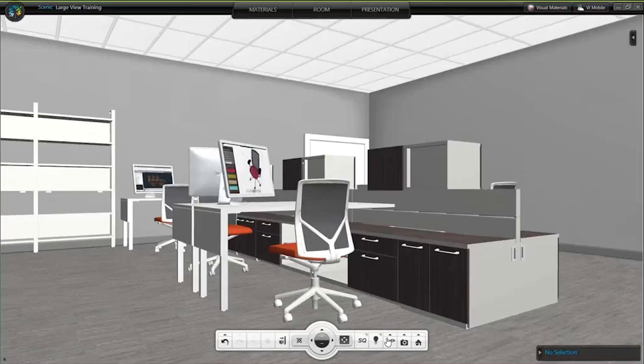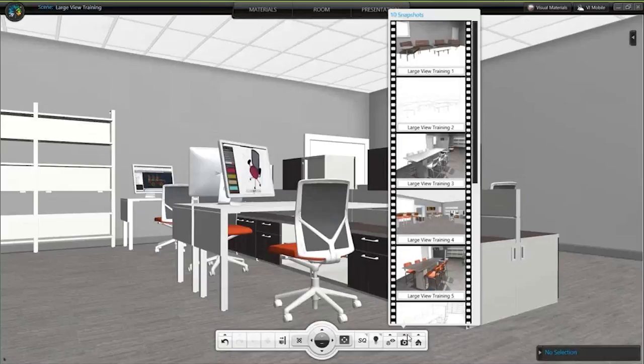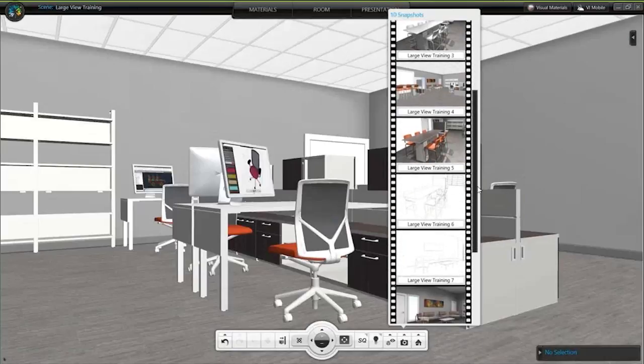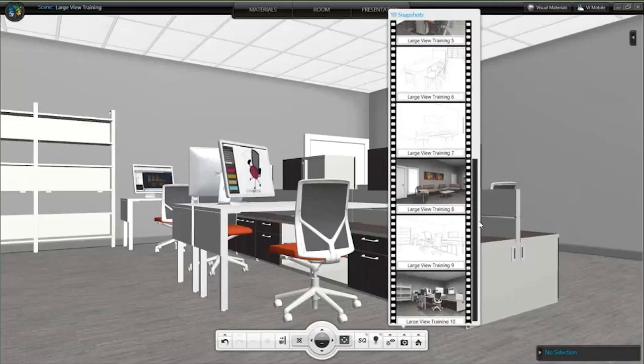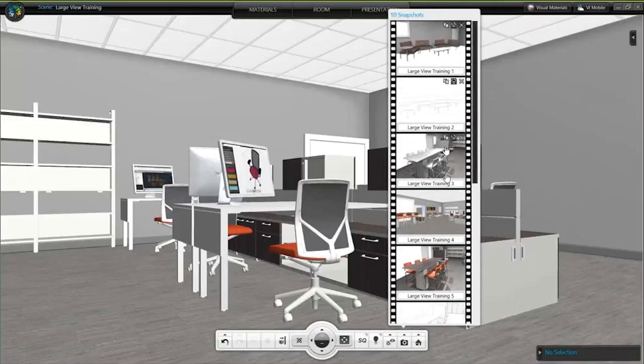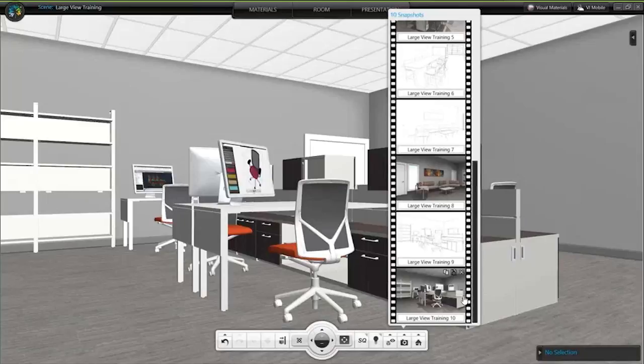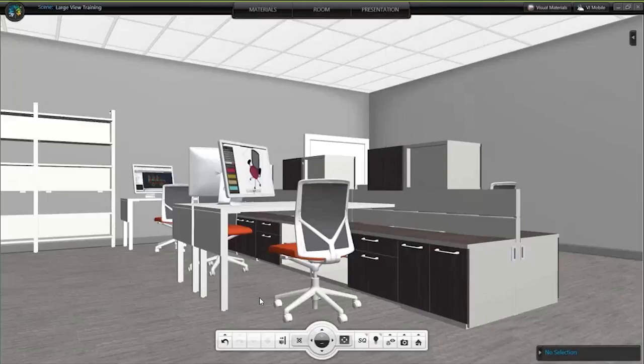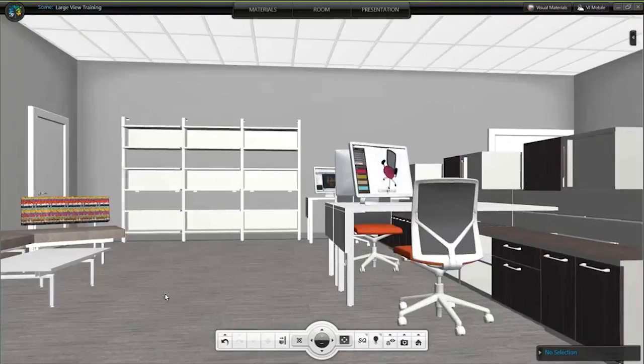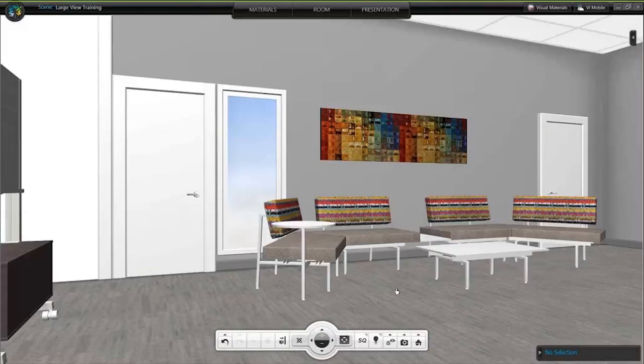So either from this screen, right where the camera is, I can look at my little film strip of all the images that I've taken. Plus there's a few from when I started the project before I finished all of my colors. Or I could go in and jump over to presentation. If you have a really complex project or one where the client is really looking for a lot of different options or different scenarios,